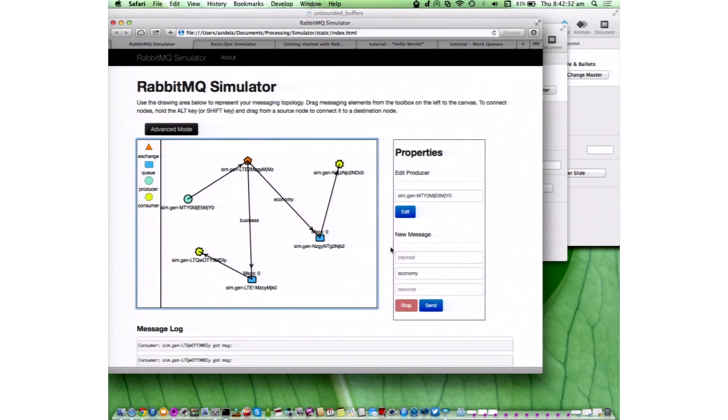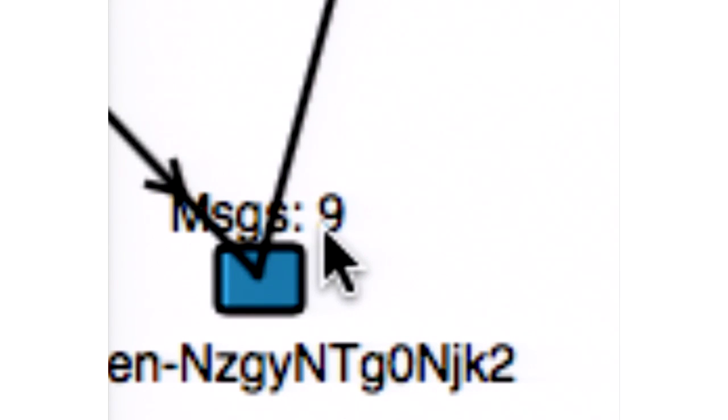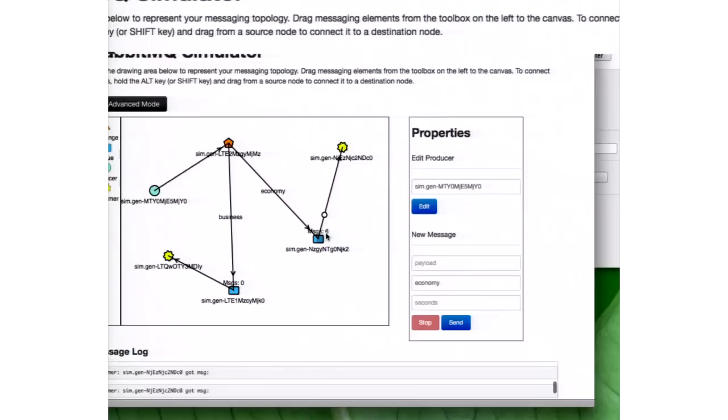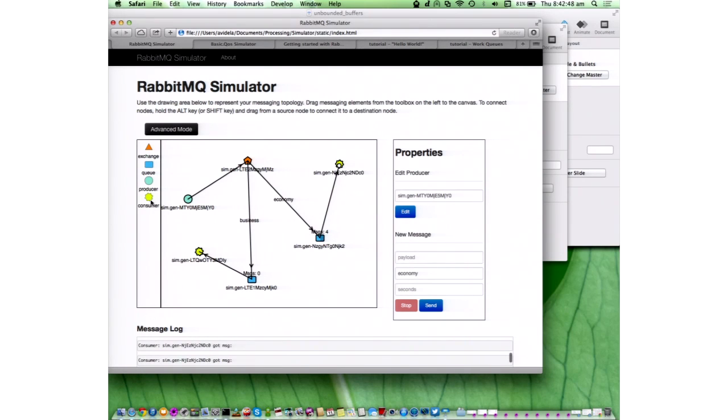Now, let's say we have a lot of clients. It's time to nearly board the plane, so we are all arriving there. You can see people keep queuing and queuing and queuing and so on. But the airline just opens a new counter, and we can see that Rabbit will start doing the round robin of the messages. And if there are more people, of course, we can have another counter, or consumer in this case,